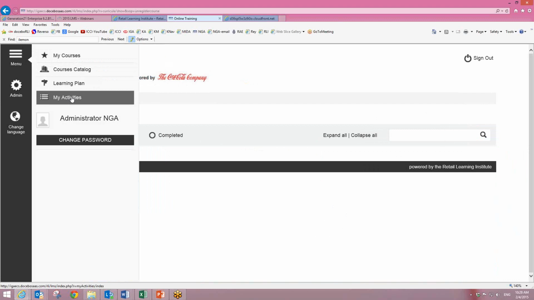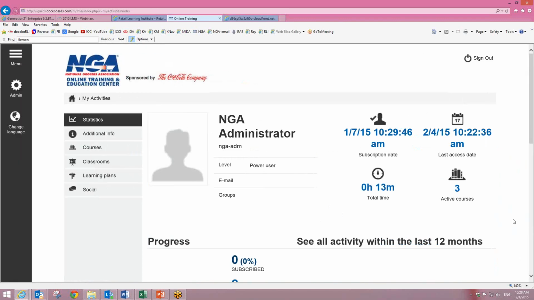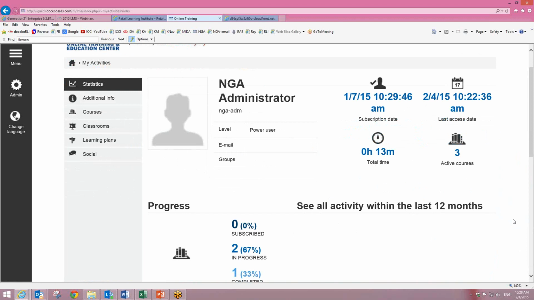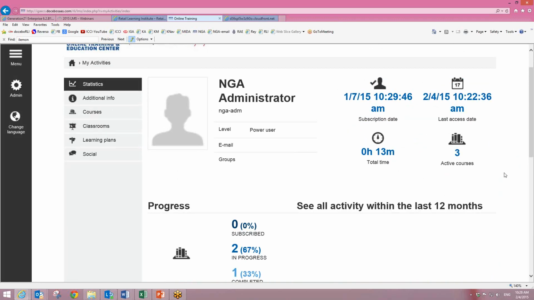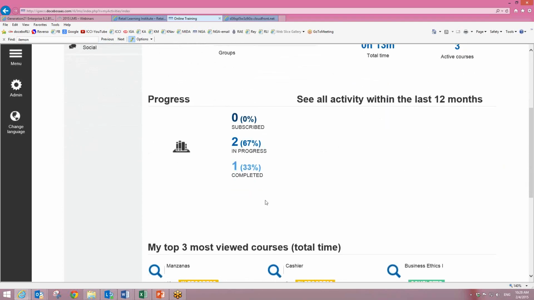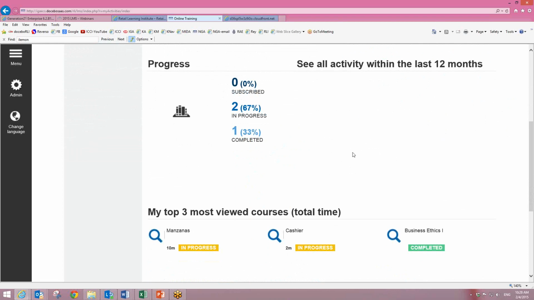And then I have my activities. And every student is going to have a My Activities page where they have kind of a summary of all their history, basically. When were they enrolled the first time, how many active courses they have, when was the last time they logged in, how much total time they have spent in courses, of the courses that they're registered in, what the progress is. This here, see all activity within 12 months. It should be a